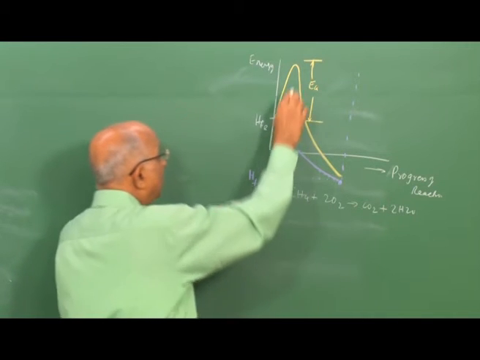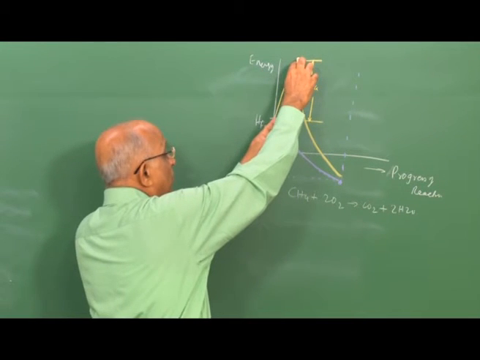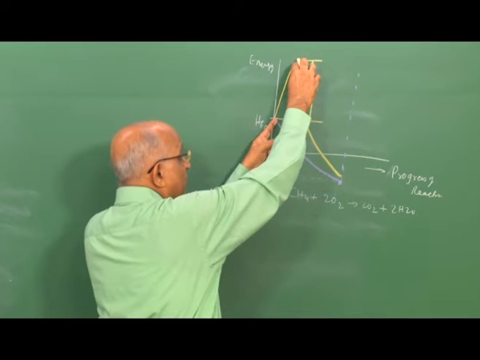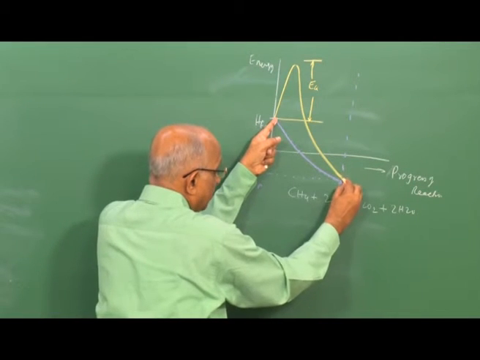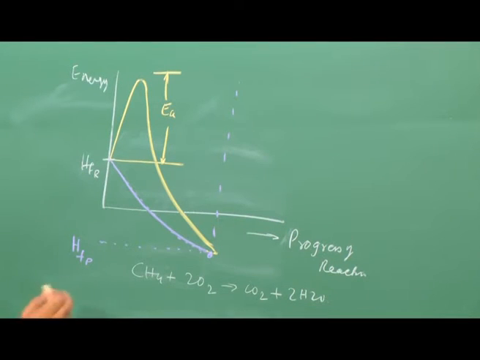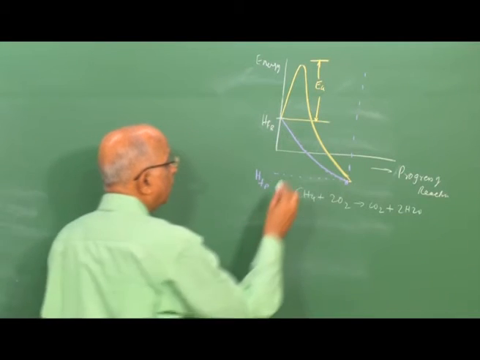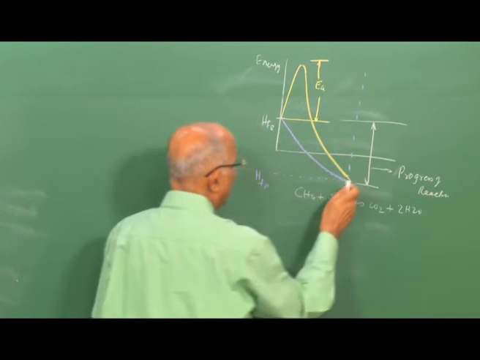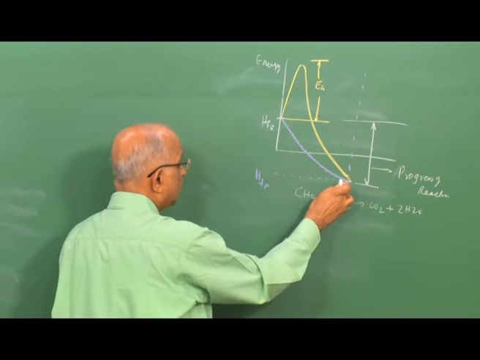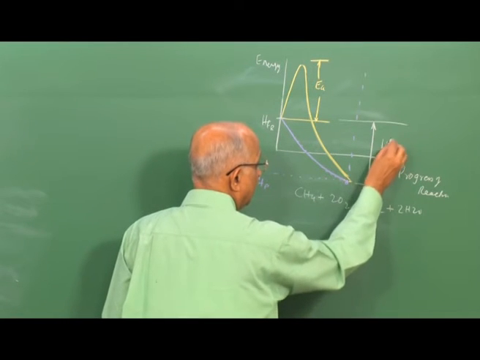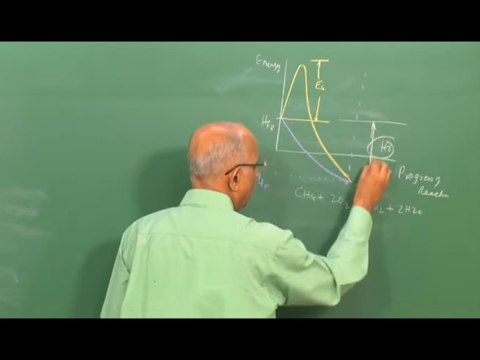That means, I need to pump in some energy to start the reaction. Once the reaction gets started, it comes to the products, it comes back over here. Therefore, the heat liberated in this particular reaction, if I were to put it on this plot, is equal to the heat of formation of the products minus heat of reaction with a negative sign. Well, this is the heat of the reaction over here.